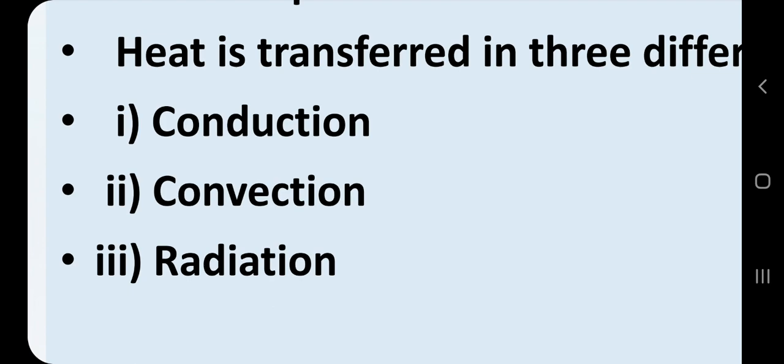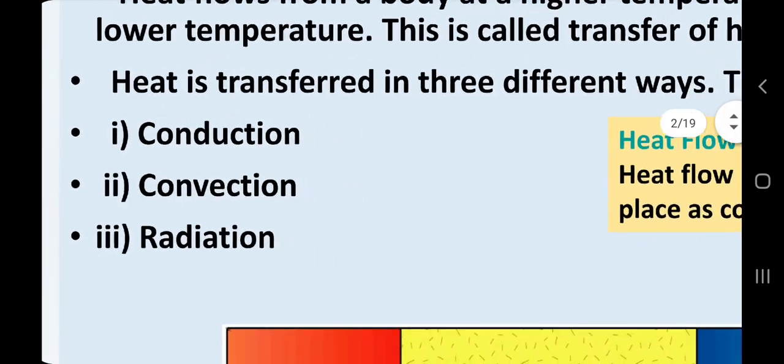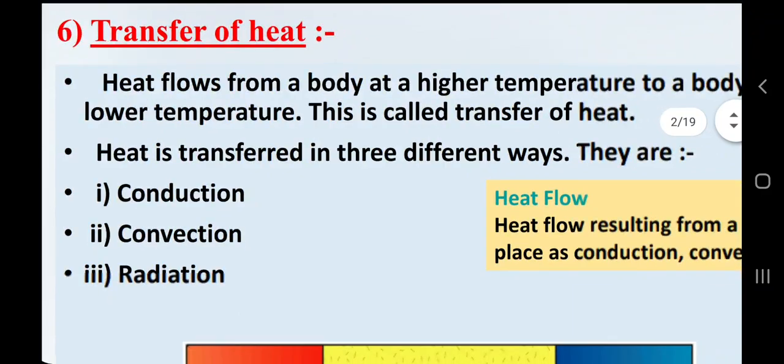Now light is able to travel without medium also, and that is why we are able to experience light from the sun, because there is a huge distance between earth and sun. There may be medium, there may not be medium, there are several things in between the earth and sun. So light can travel without medium also. So here we are not discussing light and sound. Let me come to the idea of heat again.